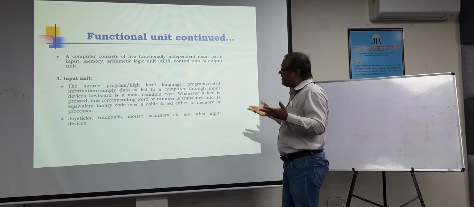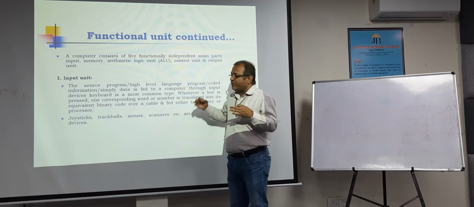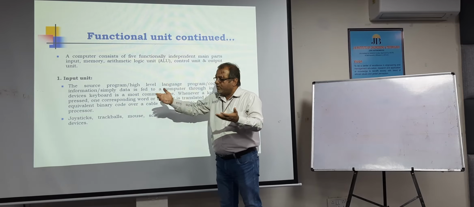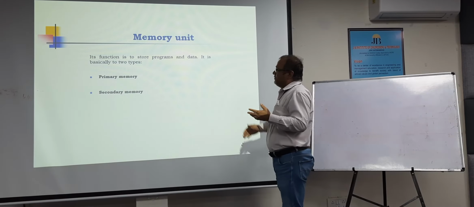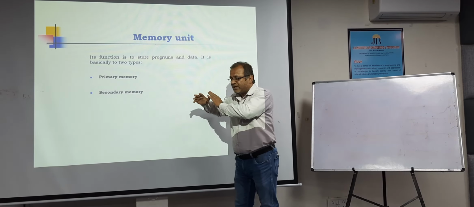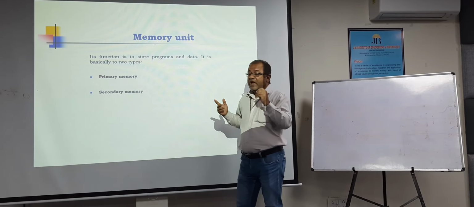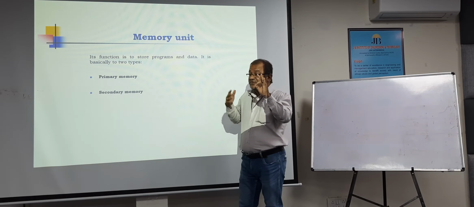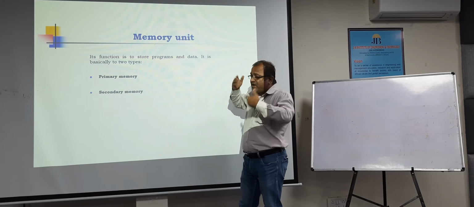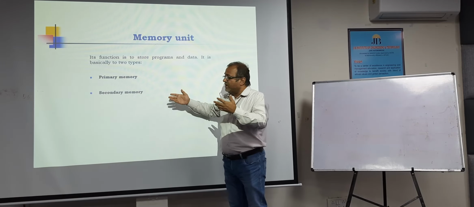Now, as per our subject, every student should know the function of each and every part. So this we will skip now. Input will take input. It must be stored in some storage. We have different types of storage. As per the scientists' requirement, we should have a single storage which is very fast and has more space, but we don't have that. Therefore, the storage again is of different types, mainly 2 types: primary memory and secondary memory.